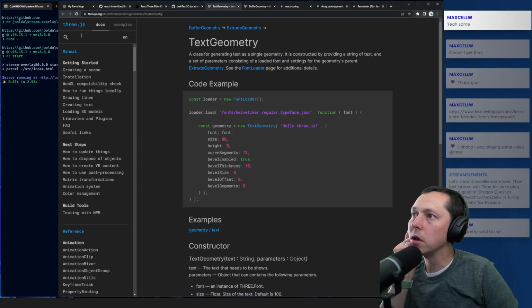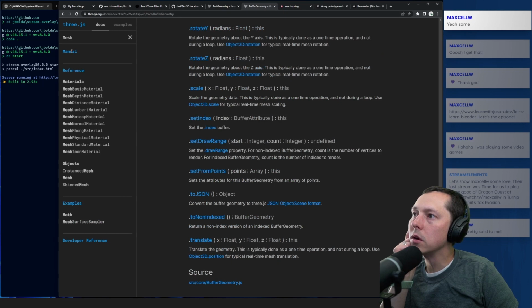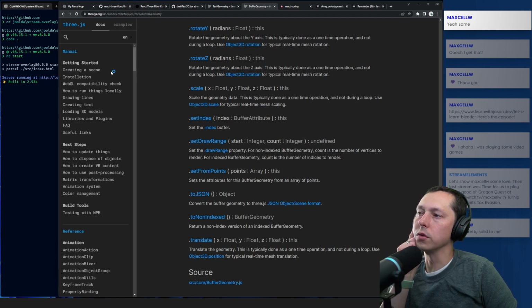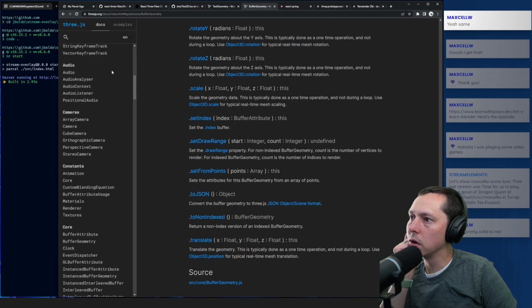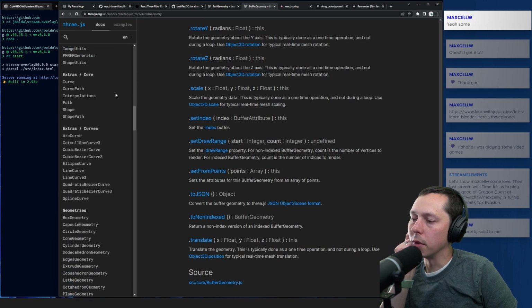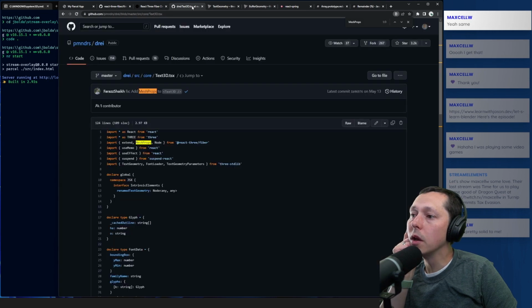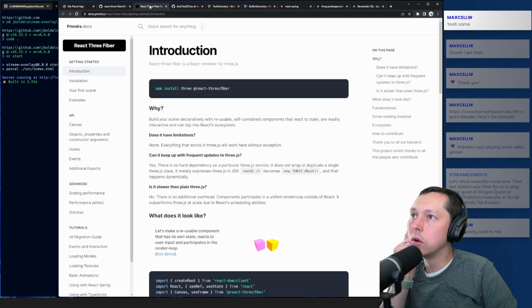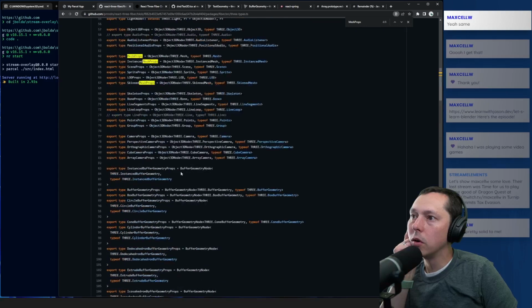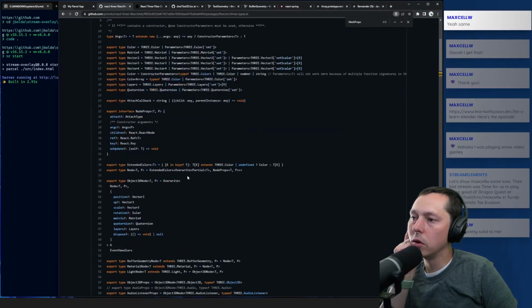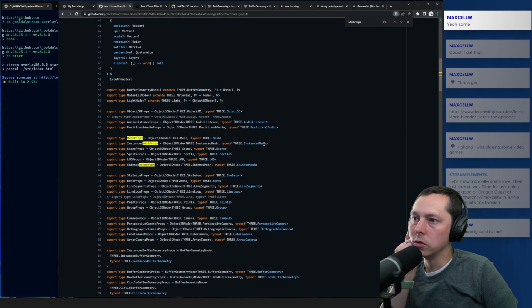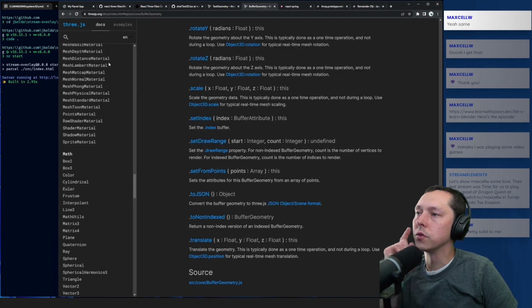Text geometry. I do not know the three.js docs well enough to match this back either. So it's using 3.mesh. So if we just search for mesh here,